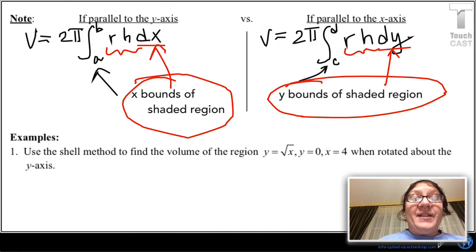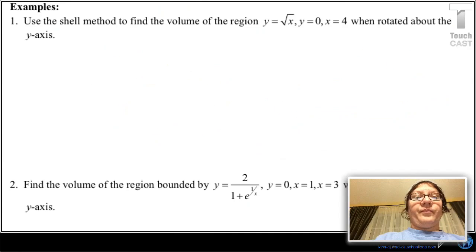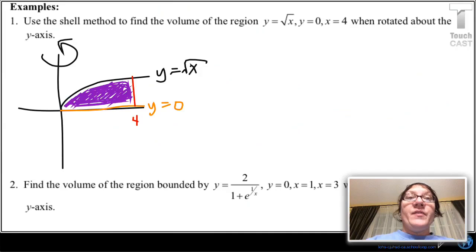I know you're just dying to get started, so let's do example 1. You graph it first. Okay, let's graph. Remember, if I'm spinning about the y-axis, my height has to be parallel to that. So my height would be some random location in here, which means my radius is going the opposite way so that they're perpendicular. And so now, if I want to find them,